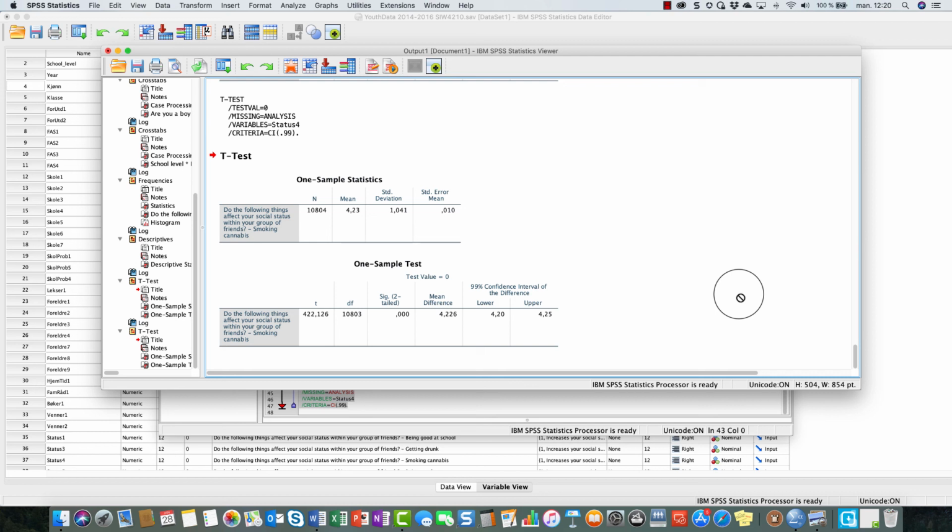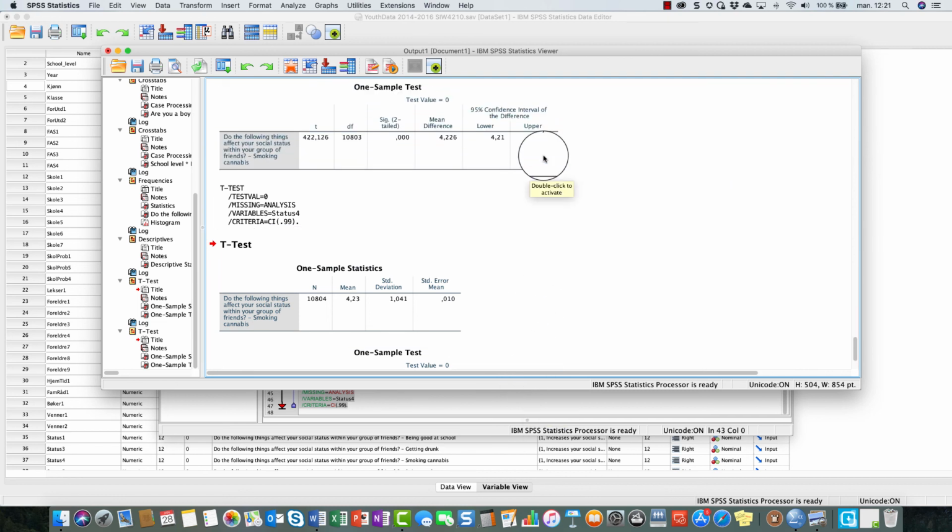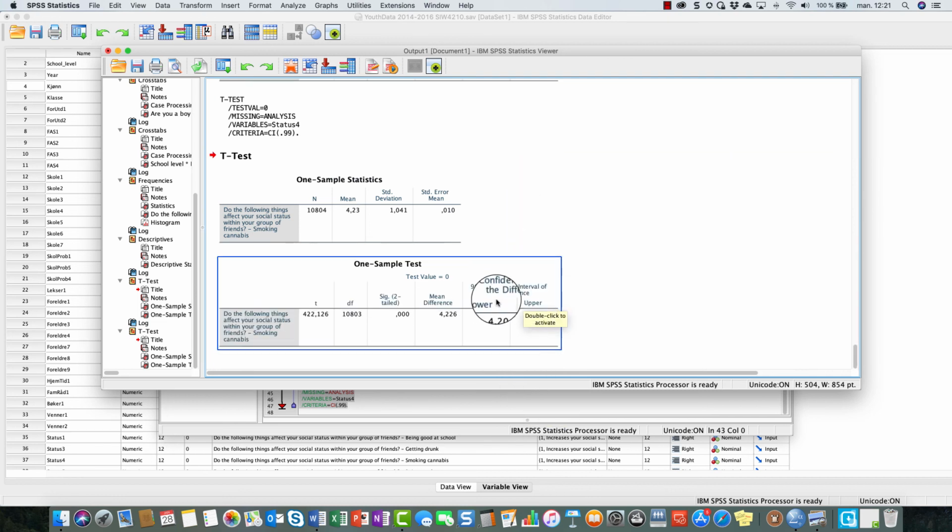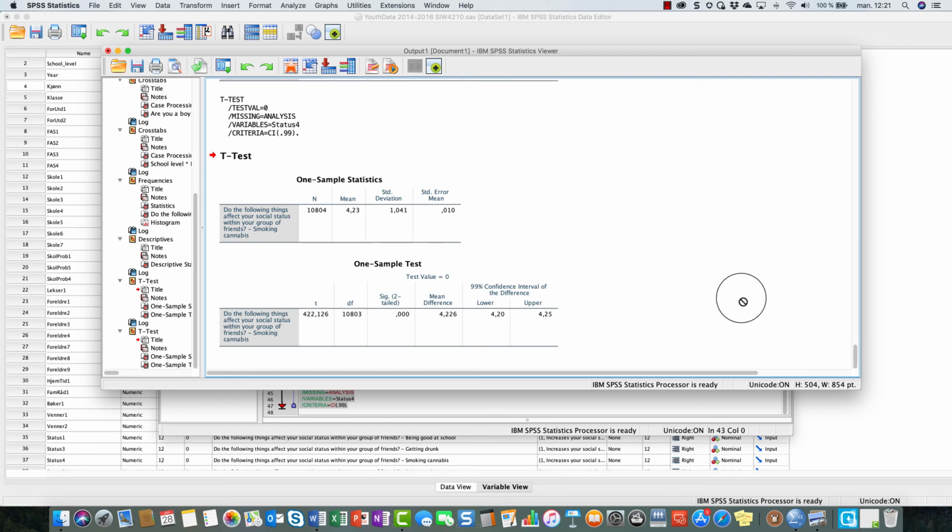You would lose statistical precision, and you would get that as a larger confidence interval. And now you know why the confidence interval is a bit larger going from 95 to 99. When we want to be even more sure that we cover the true population mean, we have to widen